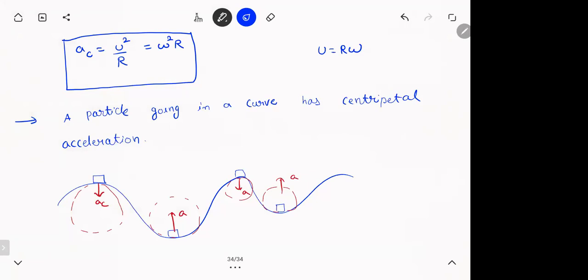So the simple thing is, this entire UCM teaches only one concept. If you go in a circle with speed u, radius r, you should have an acceleration u square by r. If you figure out that one point, the whole chapter is quite easy to solve. Circular motion, that's the most important thing. After that, it is simply laws of motion only. But I don't know why in school they don't teach that. They teach all weird things, centripetal, centrifugal, and all.